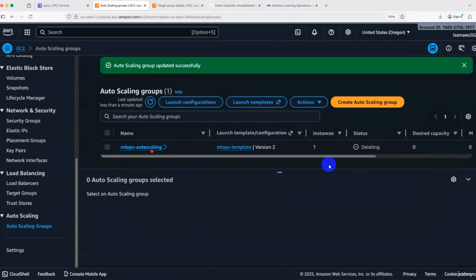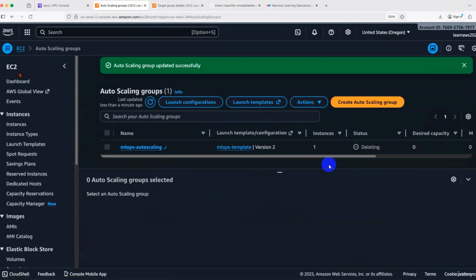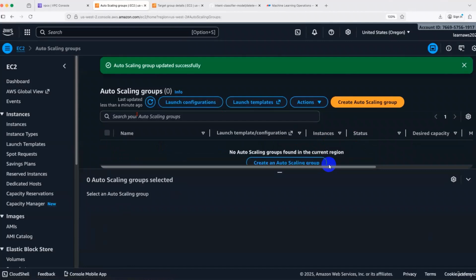Deleting the auto scaling group, we will confirm once it is deleted, and then go back to our EC2 instances and see if any instances are available. Right now, because I did not wait for the status to be green, I can still see there is one instance. If I would have waited for the auto scaling group to delete the instance and then deleted the auto scaling group, I'm 100% sure that the EC2 instances are deleted